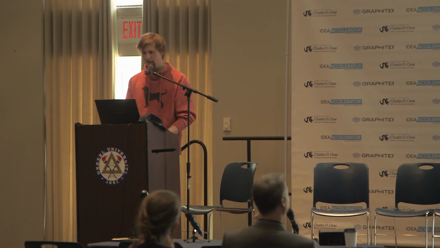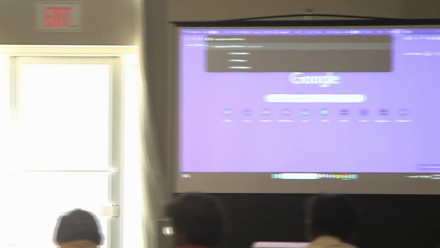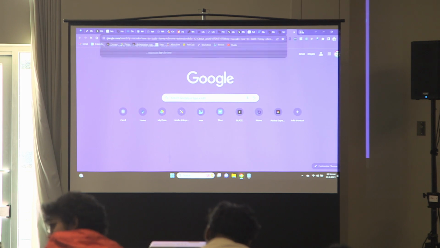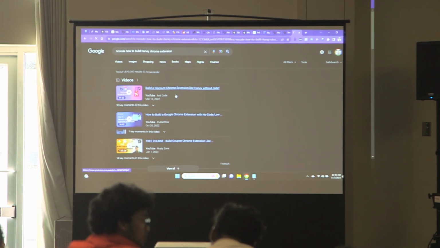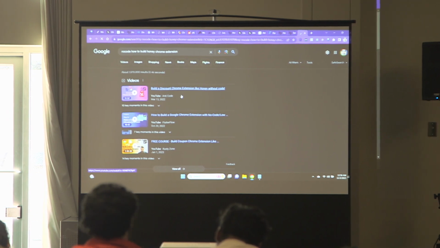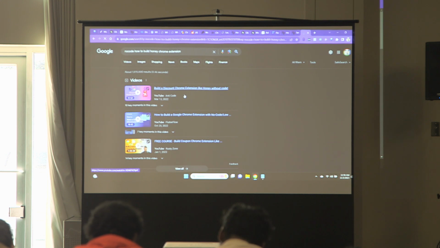I always get a little overwhelmed. Just Googling no code, how to build a Honey Chrome extension. Let's see if we can find something like that. We were talking about it before, about how it would be a little bit too difficult for me right now to build something like a coupon code finder or search other products when you're scrolling through Amazon, that little Chrome extension. Those are a little bit too tough for me. I can't build that in 45 minutes. It's a little bit more complex.